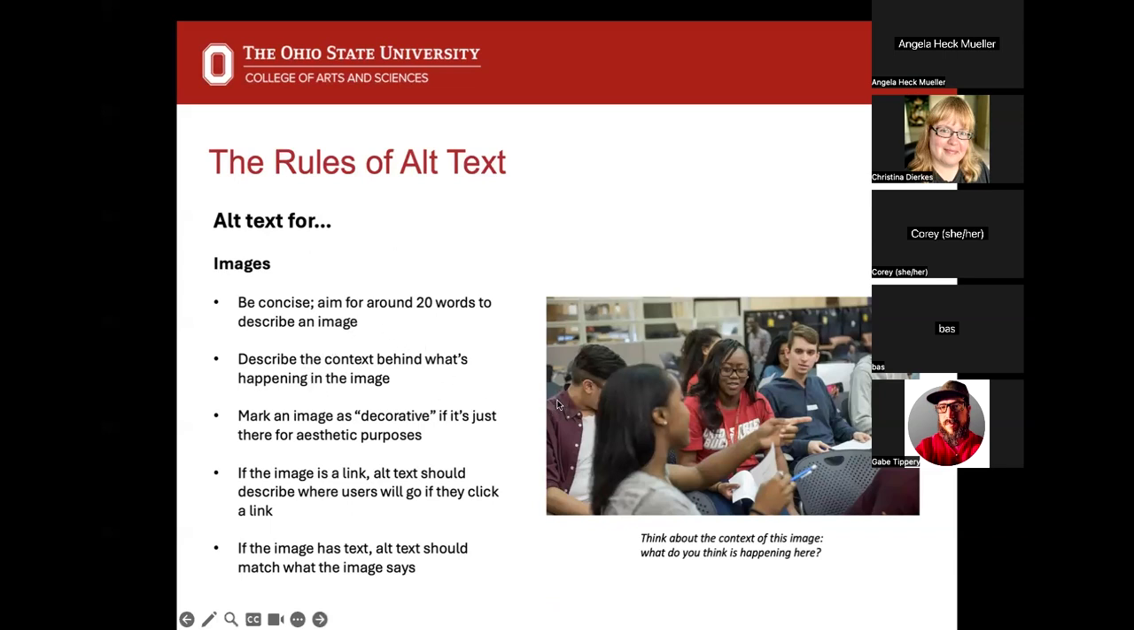So if you look to the right here, this is something that you might want to ask yourself. What is happening in the image? What's the context? What is the situation? What's the scenario? Things like that. Marking an image as decorative if it's just there for aesthetic purposes, not there really for any context or informational